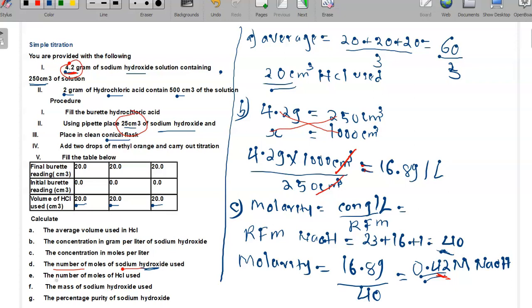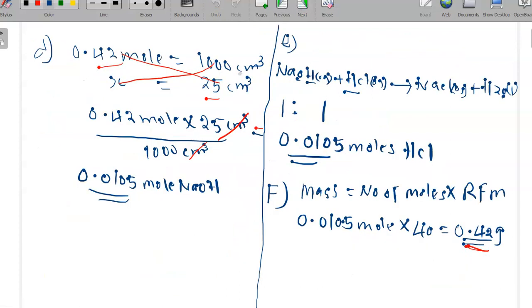Part E, they ask the number of moles of HCl used. To get that, first the number of moles of sodium hydroxide used. To get the number of moles of sodium hydroxide used, you have the molarity, then you have the total volume used, which is 25 centimeter cube. Then you will say 0.42 molarity is equal to moles over 1000. Cross multiplication, then you get this value. If they ask you the number of moles of the acid, then you react the two. Sodium hydroxide plus HCl gives sodium chloride plus water. Then you balance the equation, then the mole ratio, you get it from there. If the two mole ratios